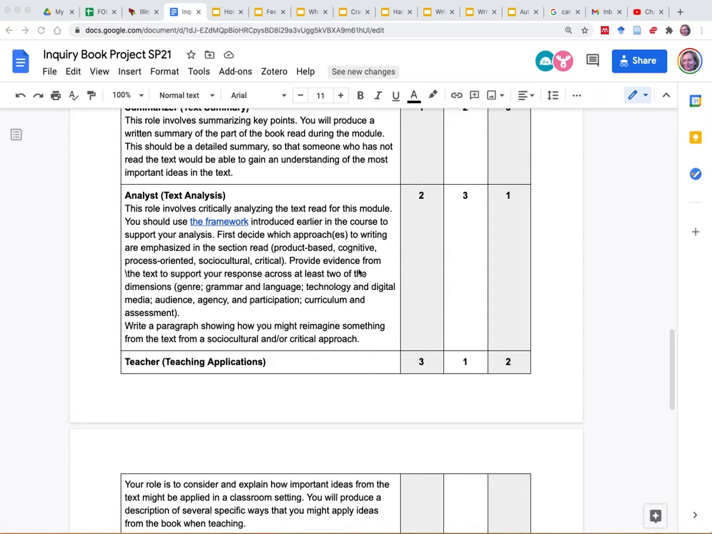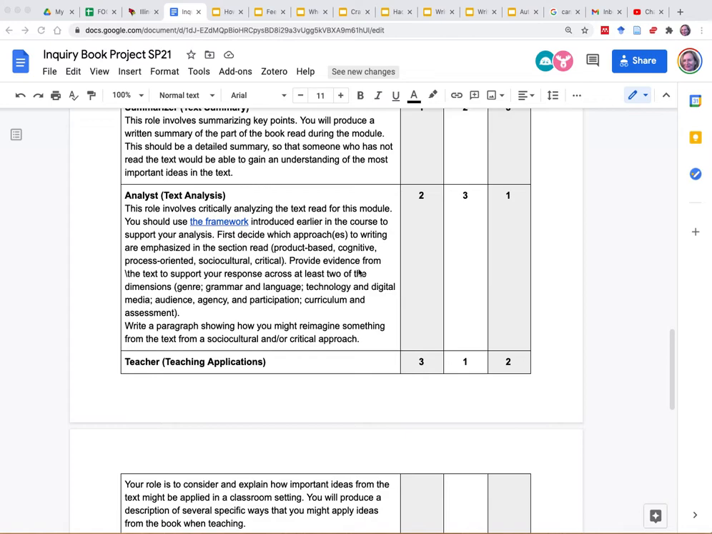To talk about is the Analyst. And this one, the summarizer, I know that you're all very familiar with summarizing. To some degree, you are familiar with analyzing text as well. But what I'm asking you to do here is a little different,